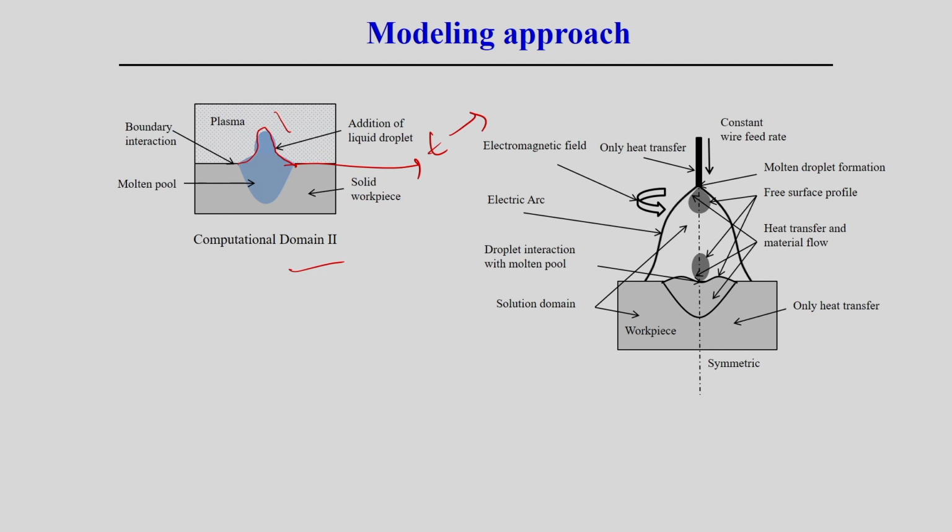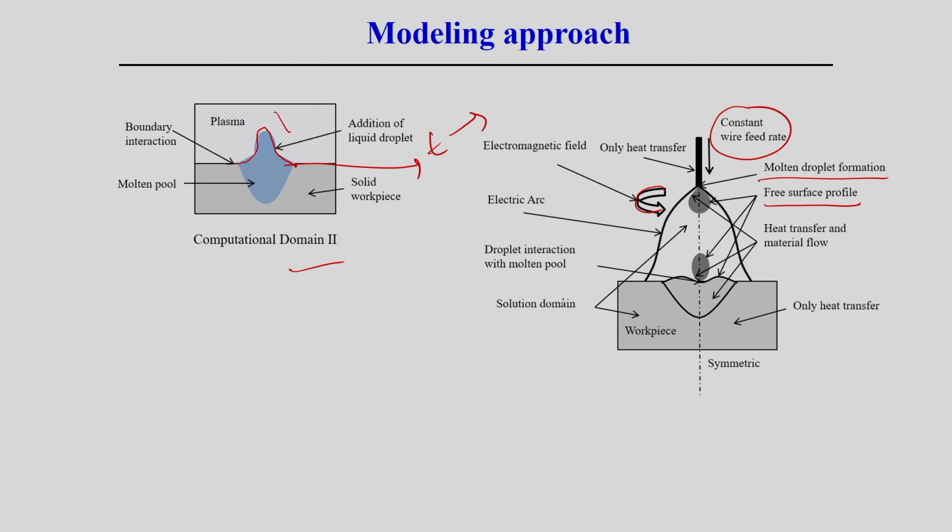Now, if you look at the overall picture in the gas metal arc welding process and metal transfer part, we see that a constant wire feed rate is always there. This is the creation of the arc, molten droplet formation, then the free surface profile of the molten droplet, and molten droplet formation is there at this particular point, and only heat transfer is there. Then the electromagnetic field is acting, then the electric arc will be created here, and then after that droplet interaction, droplet transport, and then interaction with the molten pool happens,